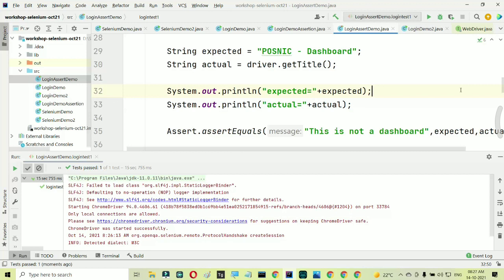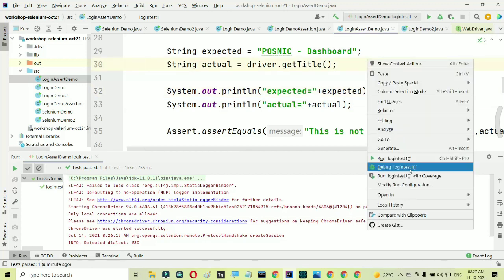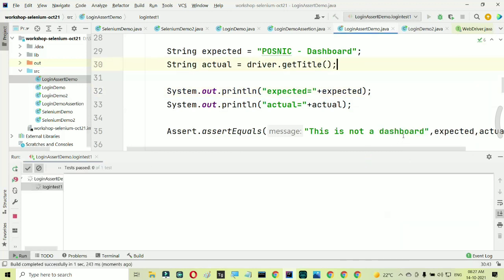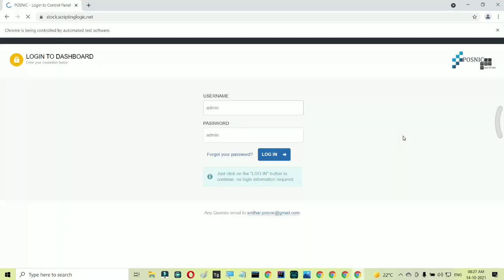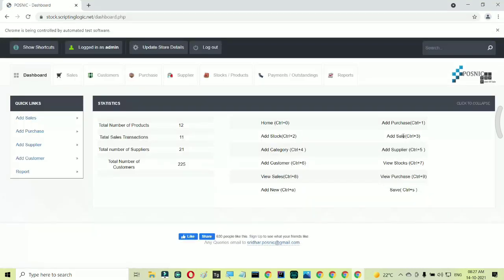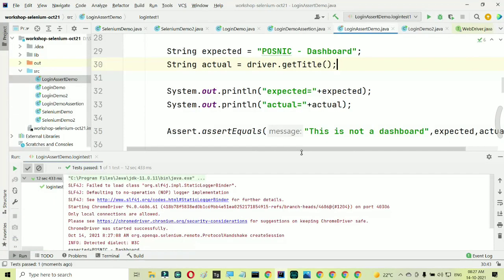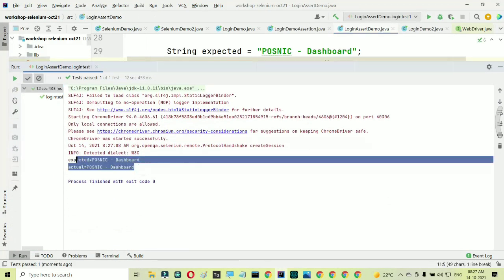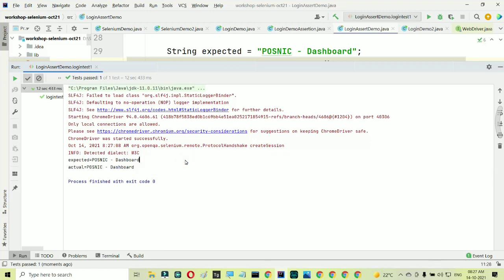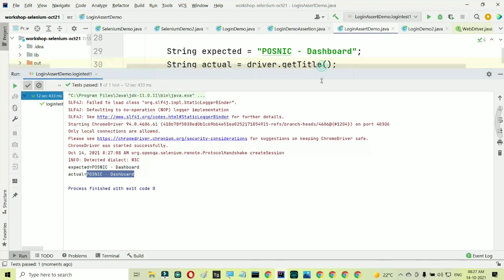Okay, so save this, right click and run this test once again. Yes, it's done. Now you can see in the output actual and expected are printed. They are same, hence my test is passed over here.